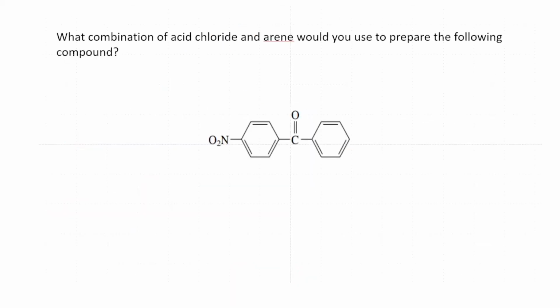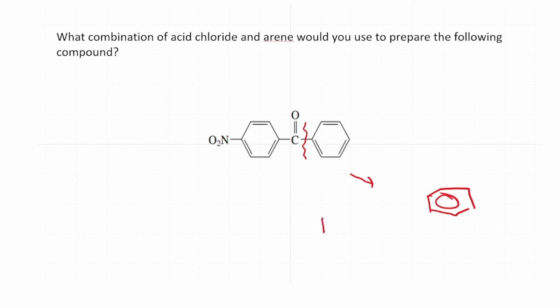What combination of acid chloride and arene would you use to prepare the following compound? So here is another example of two choices that we could have. If I have to do a Friedel-Crafts acylation reaction, then I'm going to be forming this bond over here. Now, if this is the bond that's going to be formed, then I would have to start with benzene